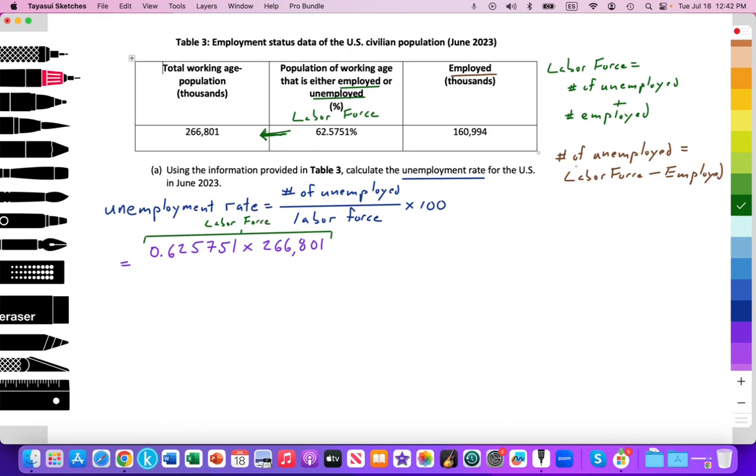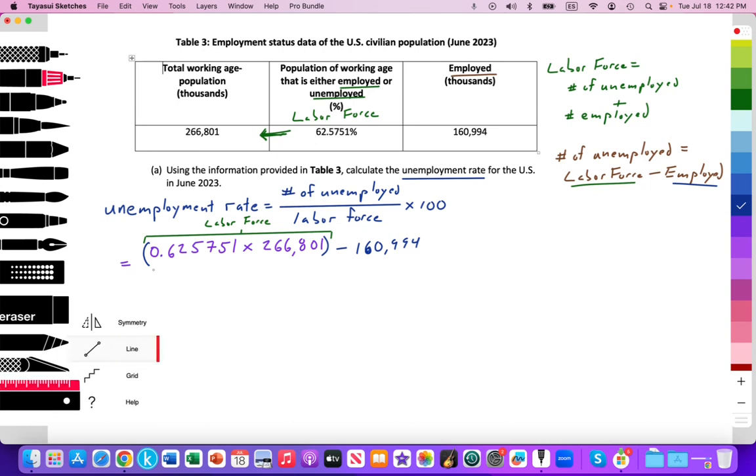And we're trying to figure out this number. So we have the labor force minus the employed. Fine. So we have this in brackets to give us the labor force minus the employed, which is 160,994. Okay, and that will be divided by the total labor force, which again will be this number,